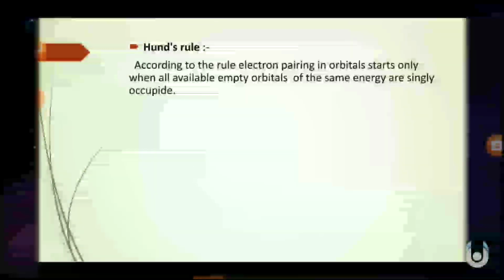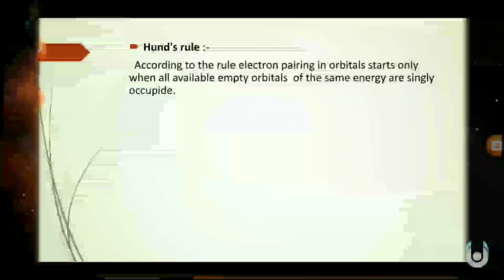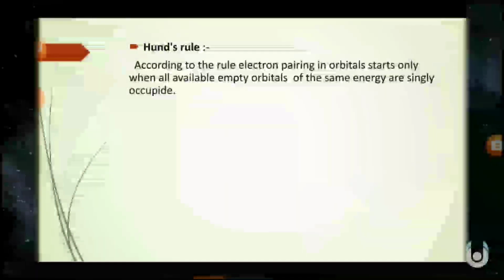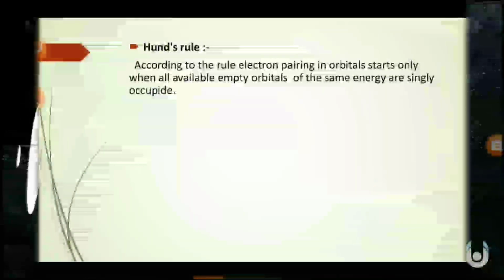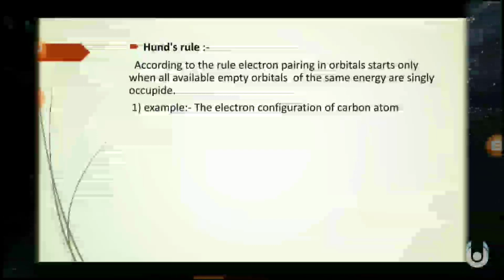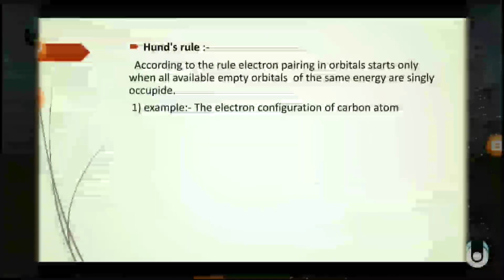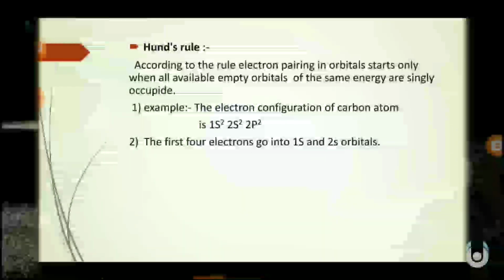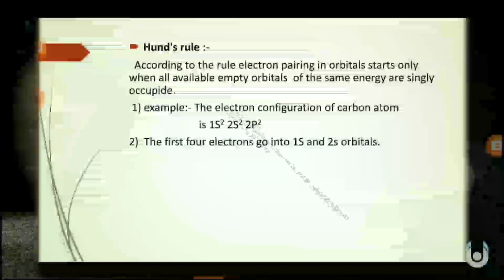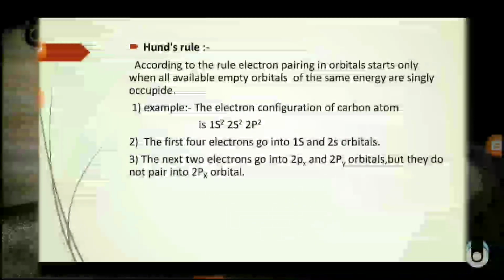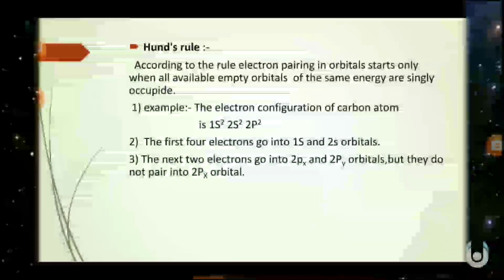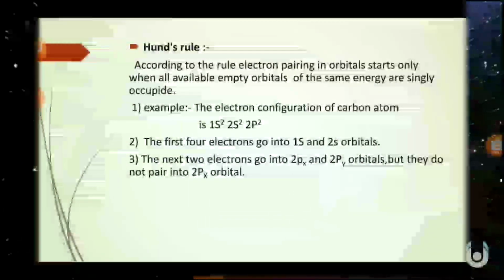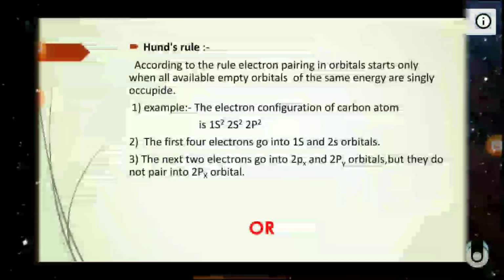Hund's rule. According to Hund's rule, electron pairing in orbitals starts only when all available empty orbitals of the same energy are singly occupied. Example, the electron configuration of carbon atom is 1s2, 2s2, 2p2. The first 4 electrons go into 1s and 2s orbitals. The next 2 electrons go into 2px and 2py orbitals, but they do not pair into the 2px orbital. Or